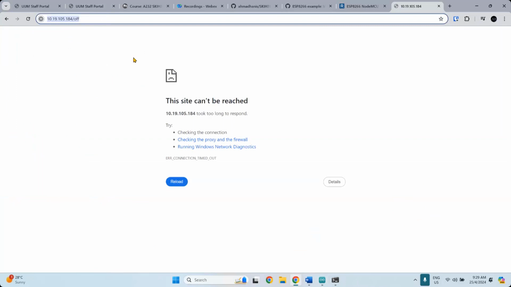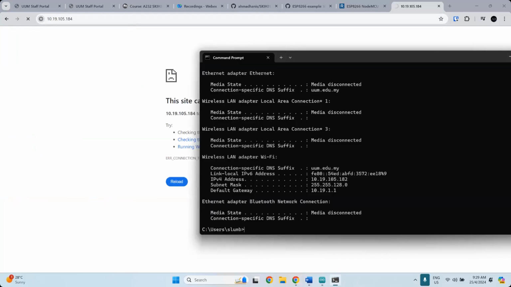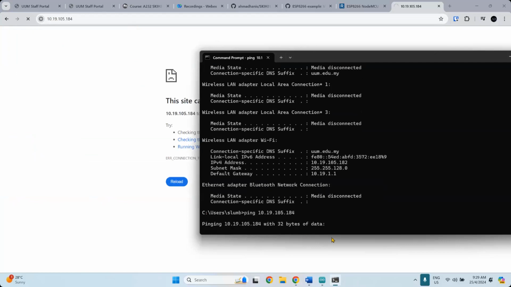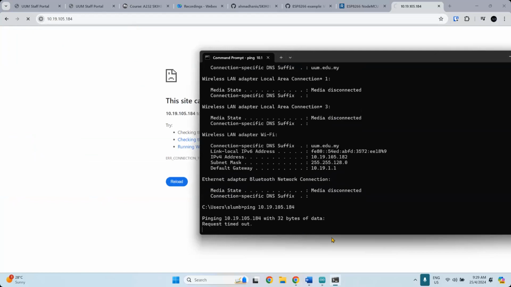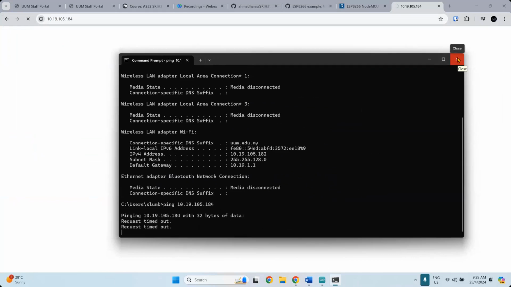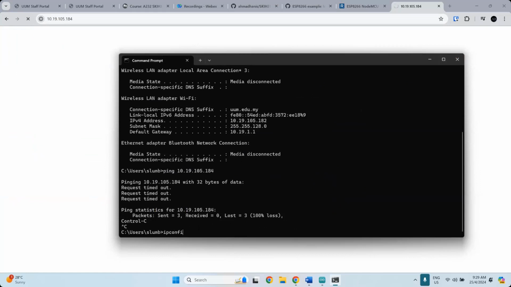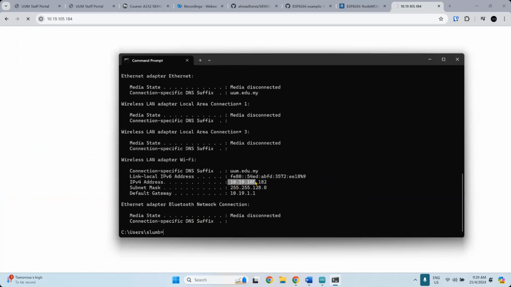The IP gateway provider, the one that provided the IP address, didn't allow me to use a static IP address. But this can work if you're running this on your own network. On a different network, no, they don't allow us to set a static IP address. Even if I try to ping the address, nothing. Unable to request. Didn't return anything at all. The IP address is not there, or maybe someone else used this already, or it's being assigned, maybe. Even though my IP address should be within the same range.